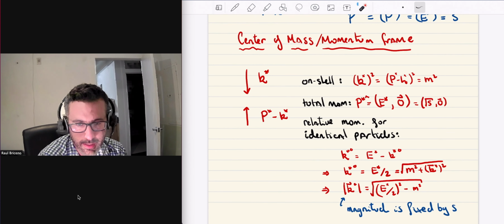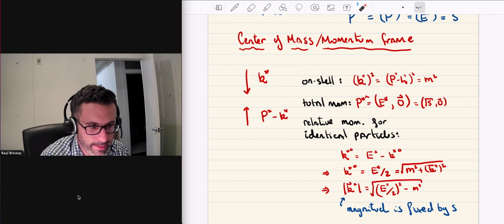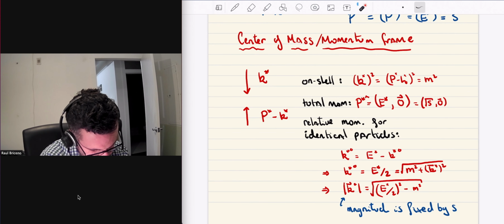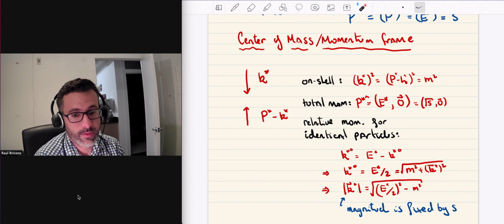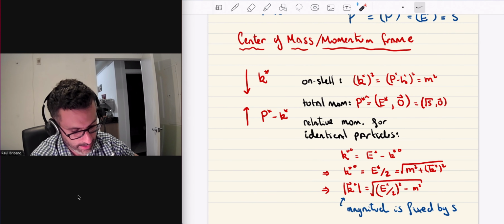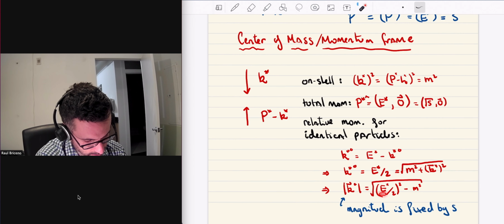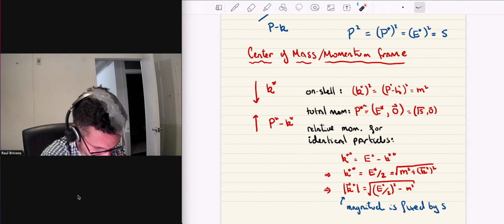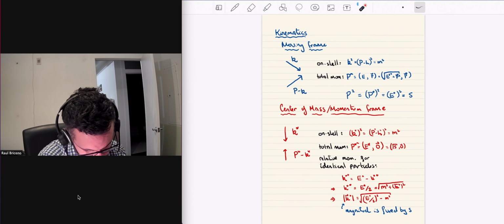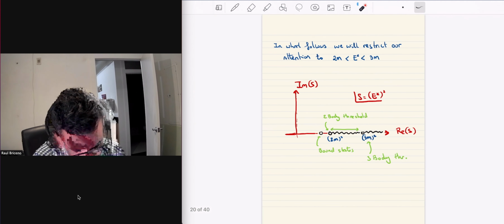Okay, and this is the case irrespective of whether they're identical particles or not. If they're non-identical particles, this condition gets a little different, but this is just always true. Okay, and so whenever we have quantities that depend only on the relative momenta, or the magnitude of the relative momenta of on-shell particles, that can translate to the total energy of the system or the Mandelstam variable S. Okay,